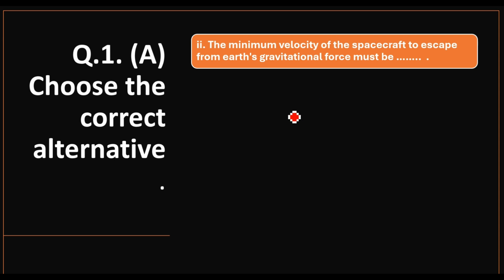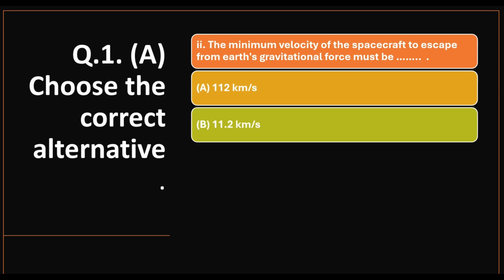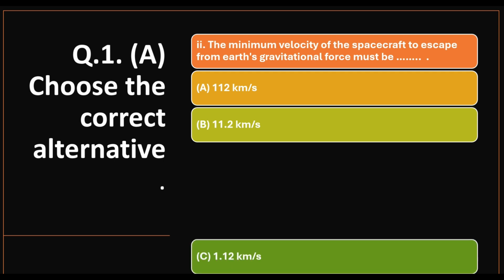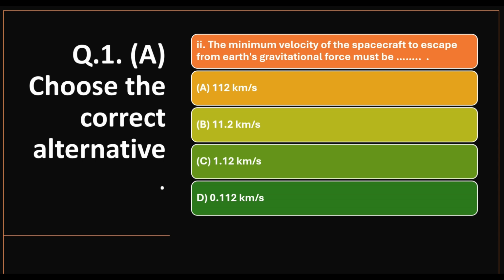So how much velocity is required so that the object can be in orbit or in space? What will be the minimum velocity? The options are 112 kilometer per second, 100.2 kilometer per second, 1.12 kilometer per second, and